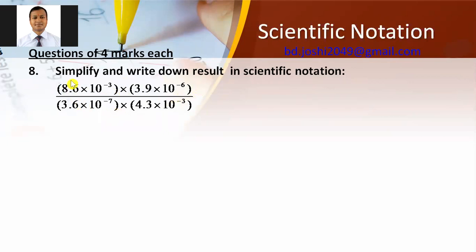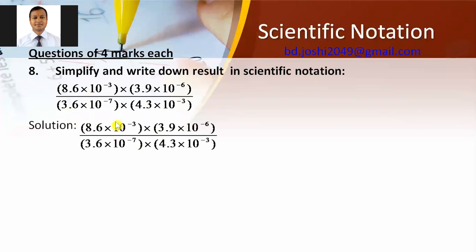So at first we have to simplify the numerator, similarly simplify the denominator, and after simplifying numerator and denominator, divide the numerator by the denominator. First simplify the numerator, simplify the denominator too, then after dividing the numerator by the denominator the answer comes. So it is also a simple question, not difficult.